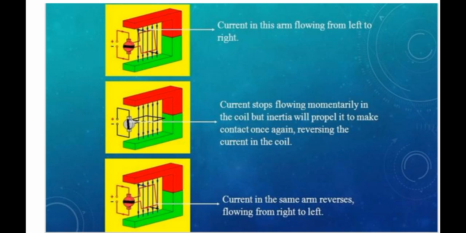This happens on both sides of the armature coil, and because of this there will be an equal and opposite force from both sides, and because of rotational inertia it will keep rotating, and continuously this coil will rotate, and the motor of a fan will keep moving. Here we are converting electrical energy into mechanical energy.